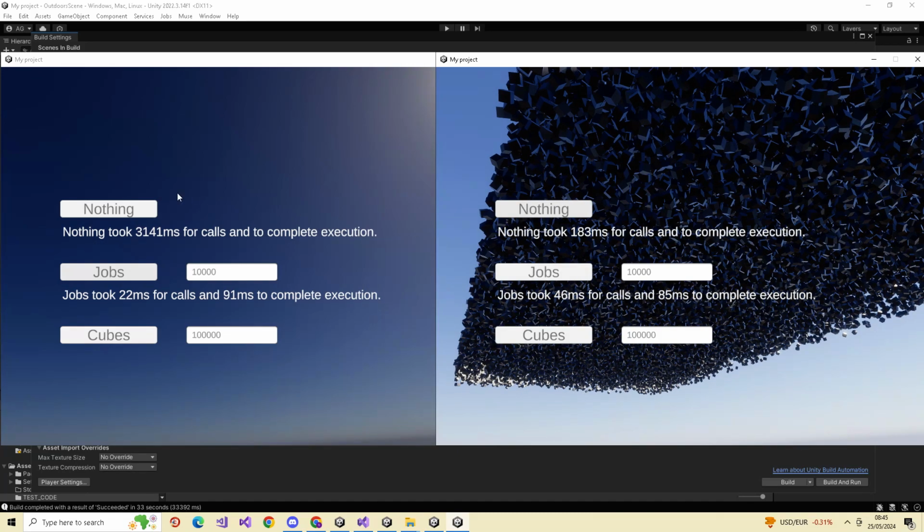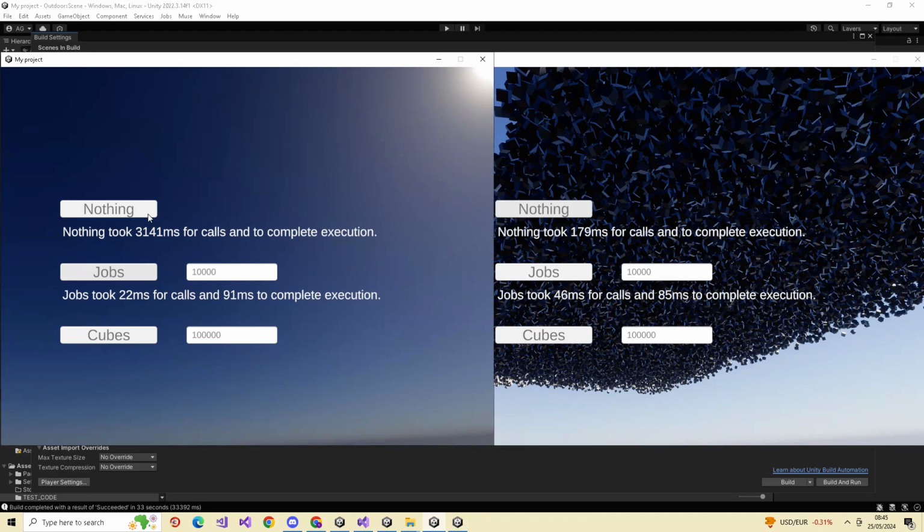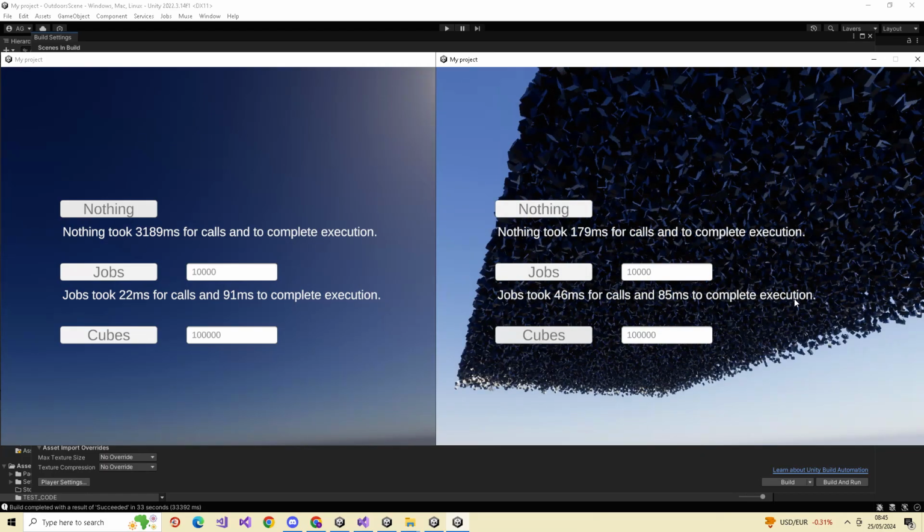Let's look at nothing. Wow, what? Is that right? I may have to go back to the drawing board for this. What's happened? That doesn't make sense. I've got my cubes. A stack of cubes.